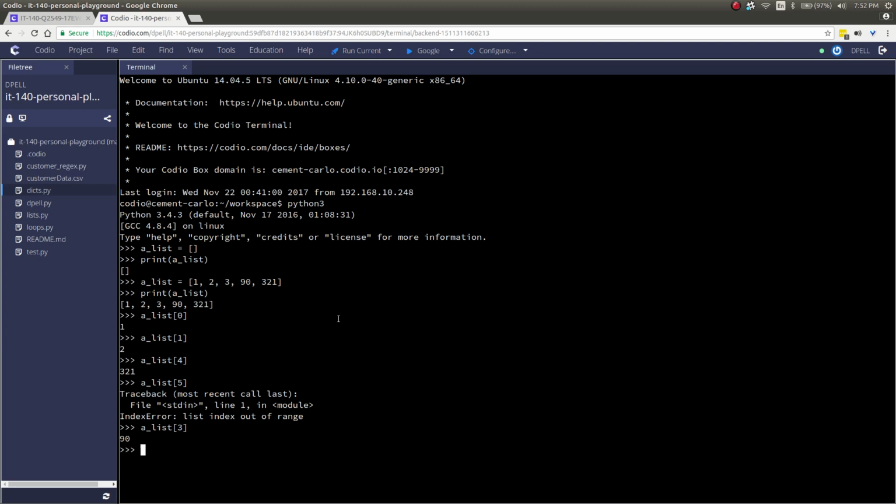Just like that. That's the third index, which in this case translates into the fourth number, number 90. We can add things to the list